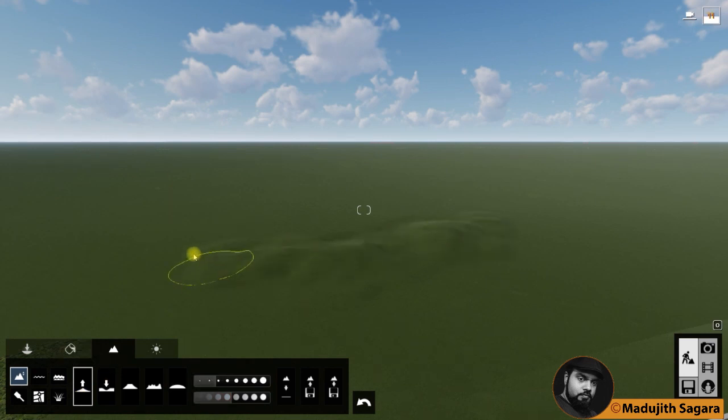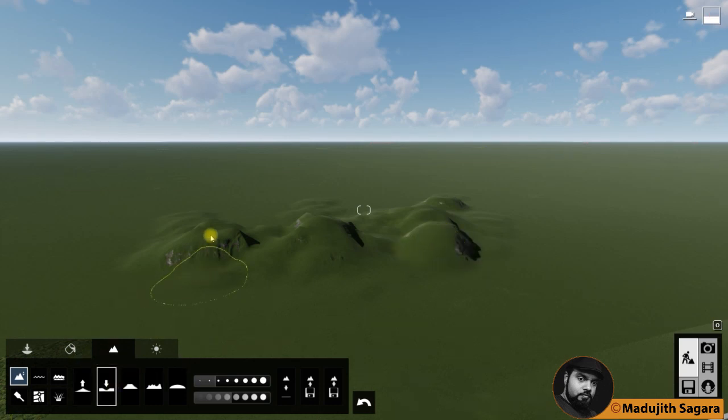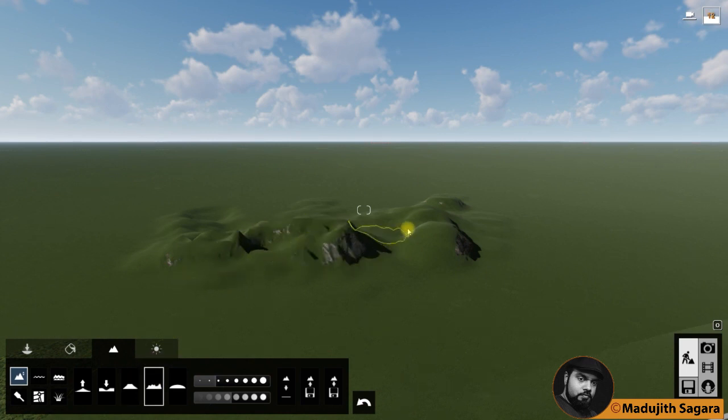You can see I am preparing some mountainous terrain, like that. You can do anything you like. If you want to lower it, you can use this tool to lower it down. If you want to flatten, you can flatten them also. If you want to make it smooth, you can do it also.